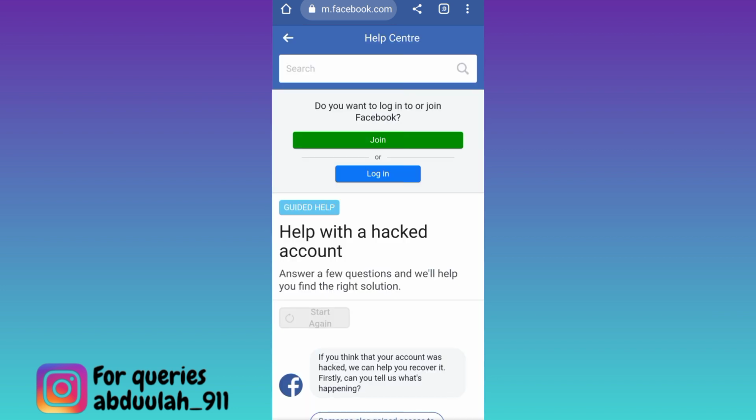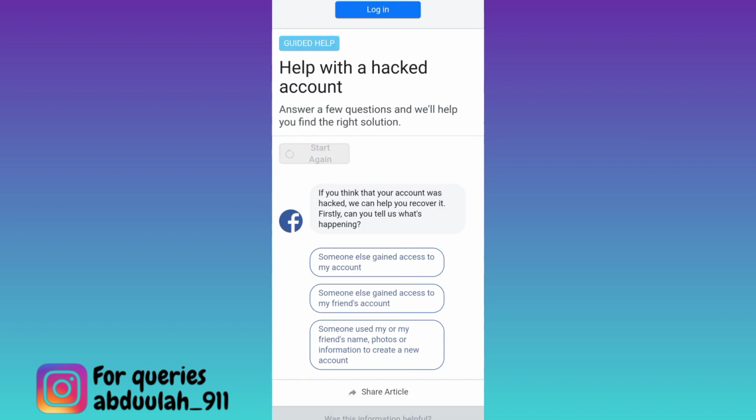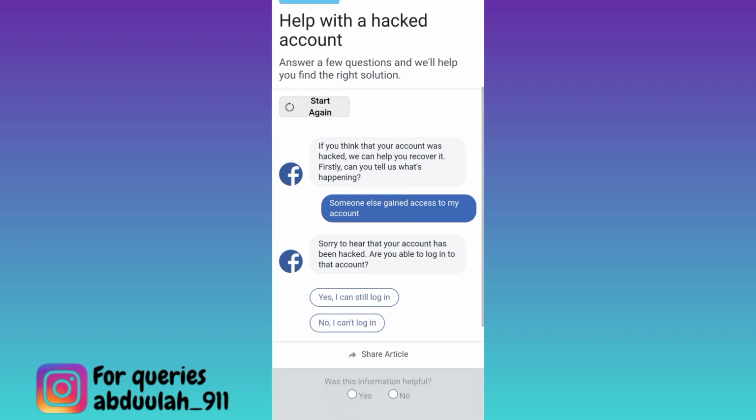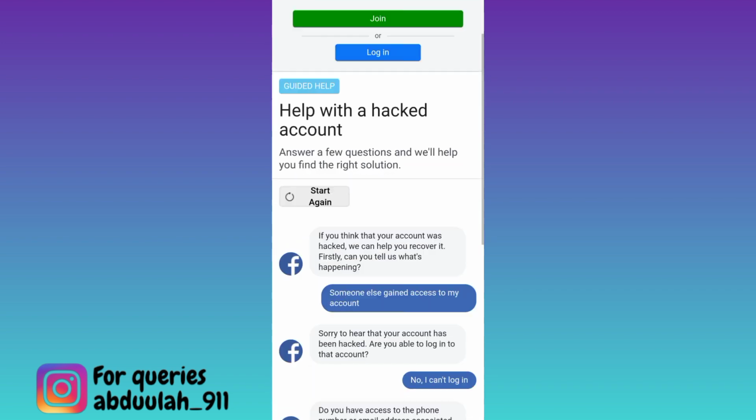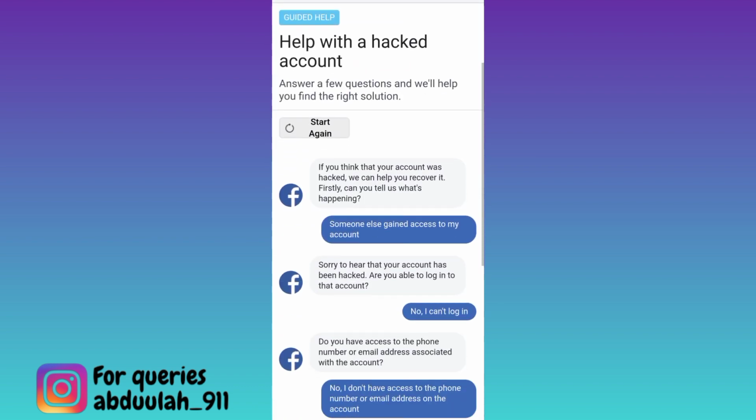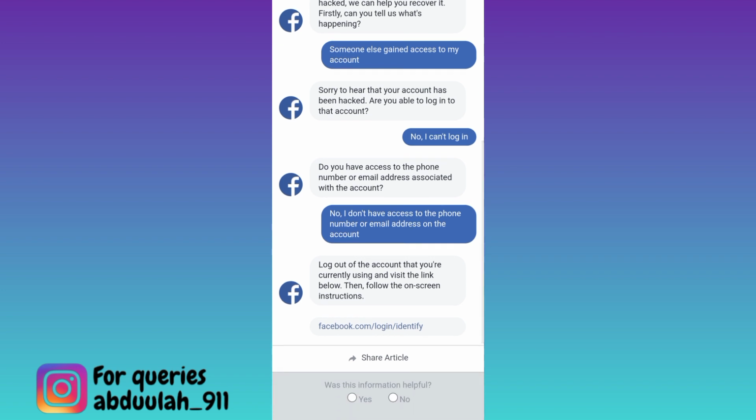Now you will be required to answer a few questions, so scroll down, click on the first option that says someone else gained access to my account. Scroll down again and then select no, I can't log in. Once again scroll down and click on the option no, I don't have access to the phone number or email address. Now scroll down for one last time and click on this link